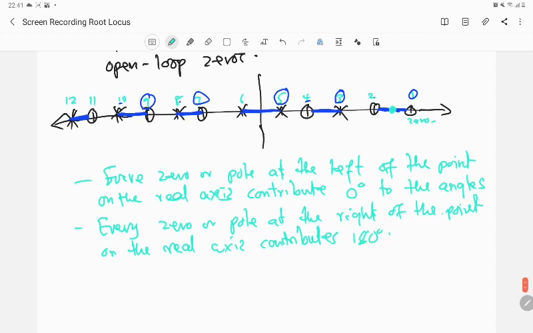Okay, so if I take this point, then if I draw a line from this to that point,